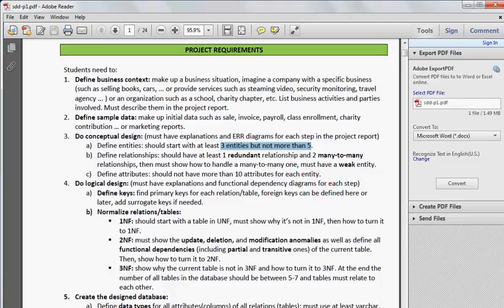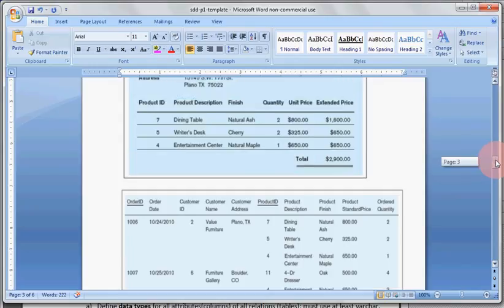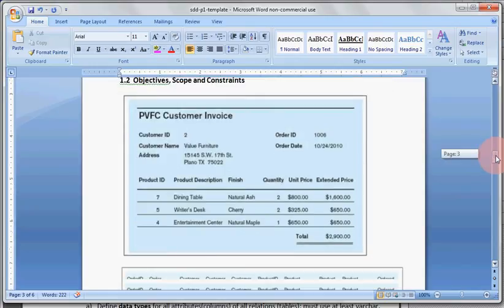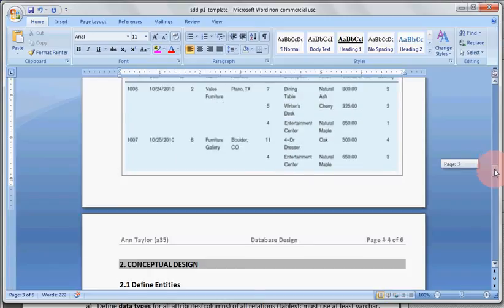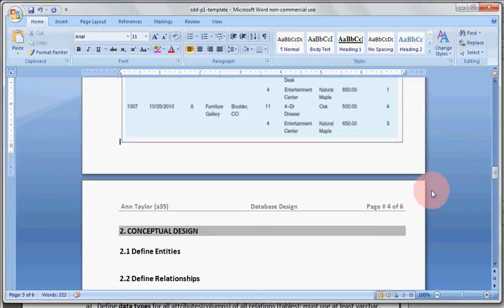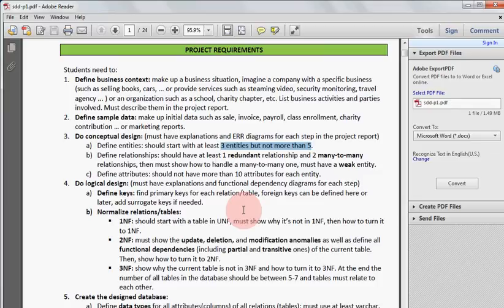So therefore, that is why you could actually go back in this project to change the data around, so that later on you will get the kind of diagrams and the tables needed so that you can demonstrate all of the things listed in the requirement over here about the entity, about the relationships, and later on about